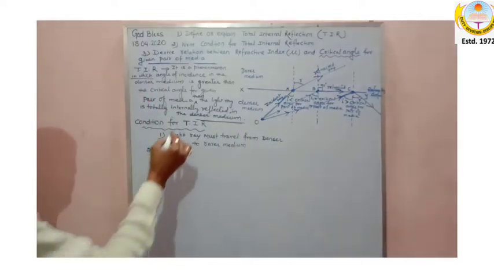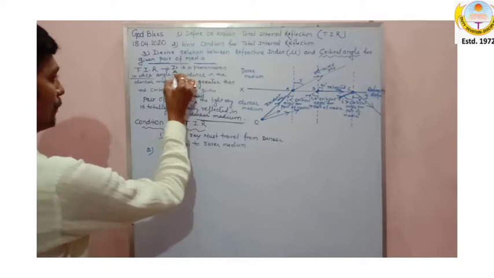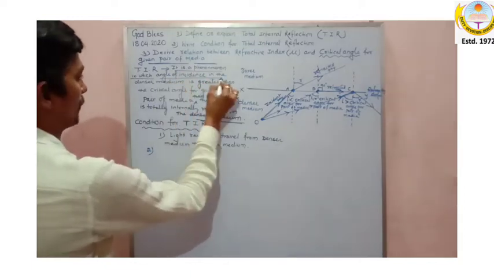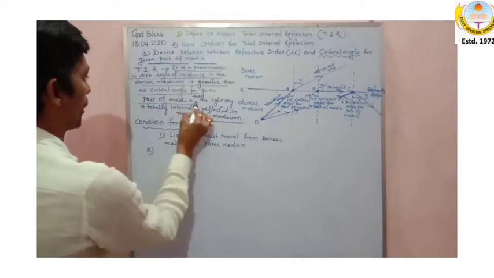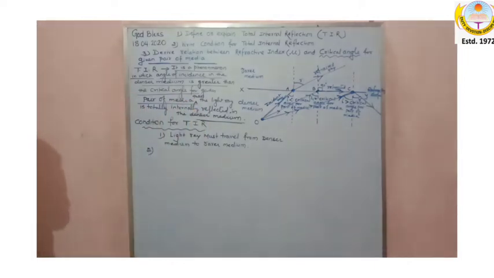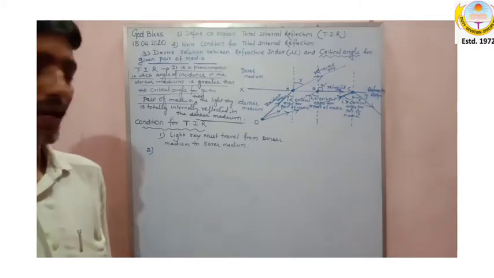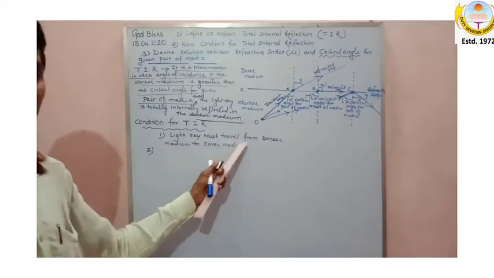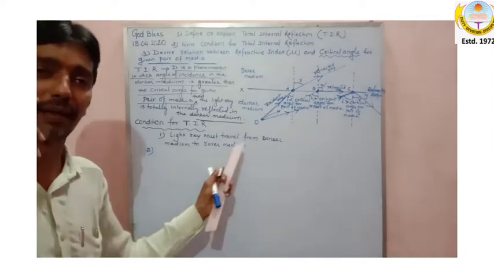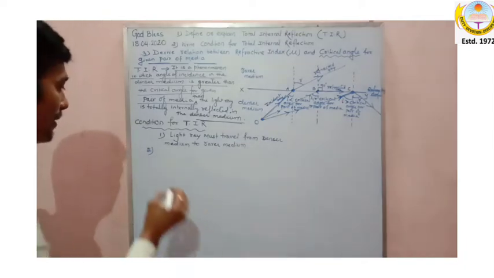So the main line is this: it is a phenomenon in which the angle of incidence in the denser medium is greater than the critical angle for a given pair of media. This is the requirement. The first condition was that the light ray must travel from denser medium to rarer medium. And the second condition,